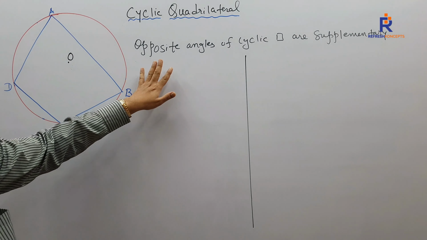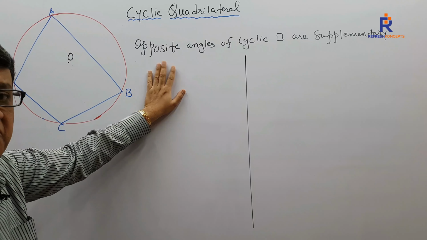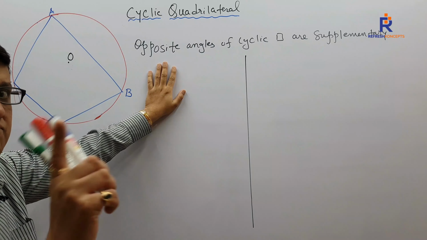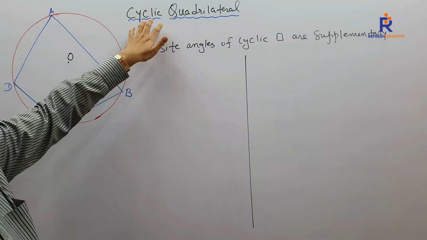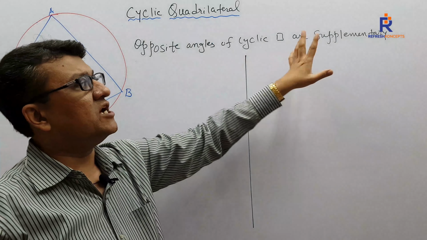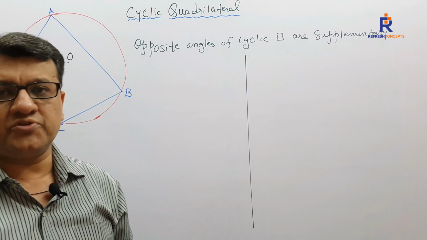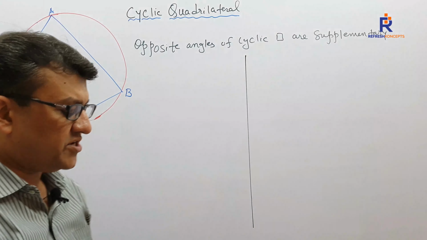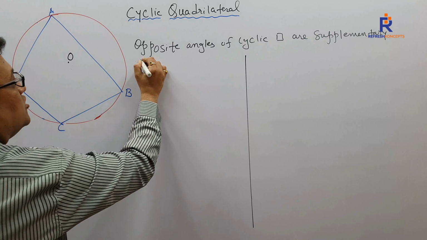What is the first one? What is the very first and the utmost important property of cyclic quadrilateral? Having understood what is a cyclic quadrilateral, the first property: opposite angles of a cyclic quadrilateral are supplementary. Opposite angles of a cyclic quadrilateral are supplementary. So what we need to prove,